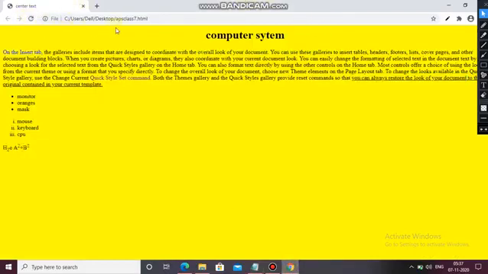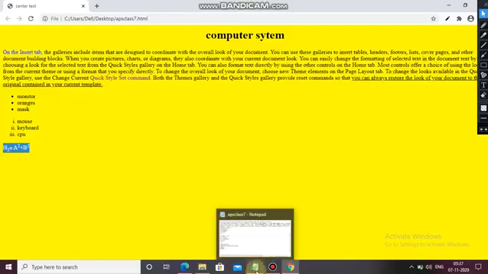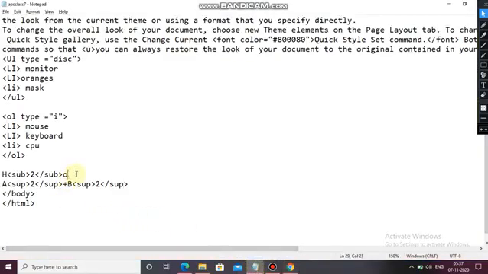Refresh. See, here it is written H2O a square b square. I have not given the new line, that's why it is showing in a single line. So here just use the BR tag for breaking the line.